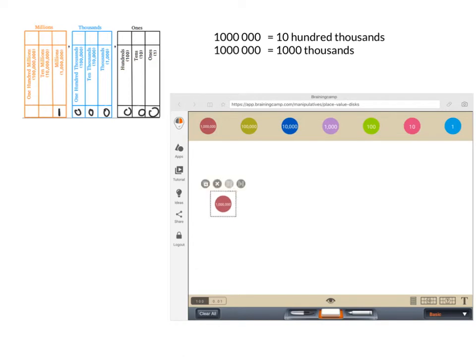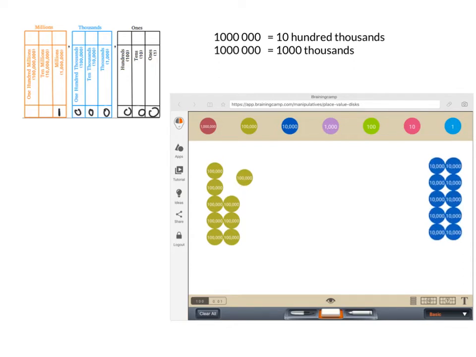If we come over here to our place value discs and we pull down a million, if we open this one up, we can see our 10 hundred thousands. We've got 10 of them, 100,000s. So 1 million is the same as 10 hundred thousands. If I then go back over to my place value discs, take one of these, and open this one up and see what's inside,